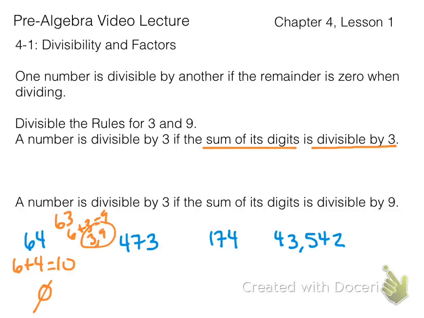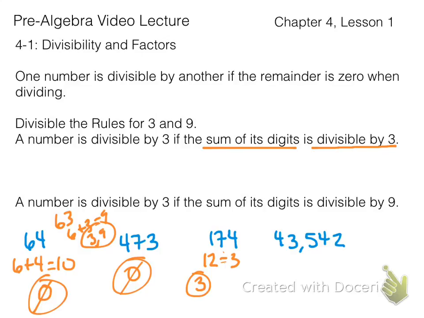Okay, so what about 473? 7 plus 3 is 10, plus 4 is 14. 14 is not divisible by 3 or 9, so that one doesn't work. All right, 174. 1 plus 7 is 8. 8 plus 4 is 12. Well, is 12 divisible by 3? Yes, it is. So it is divisible by 3, but it is not divisible by 9. Okay, what about